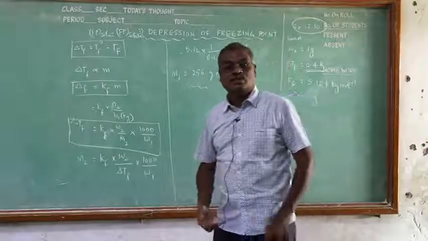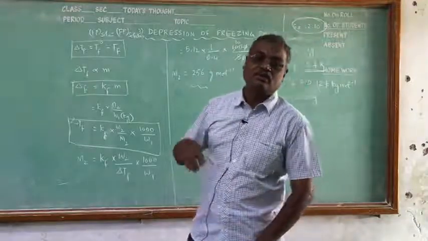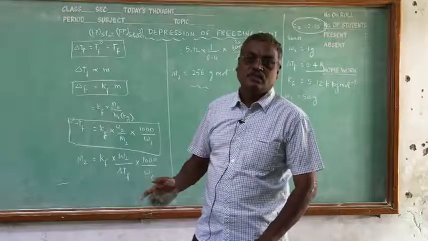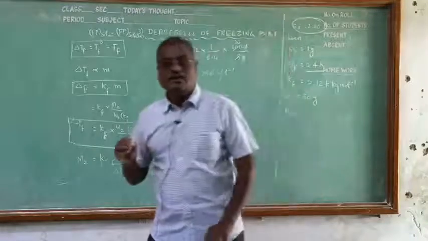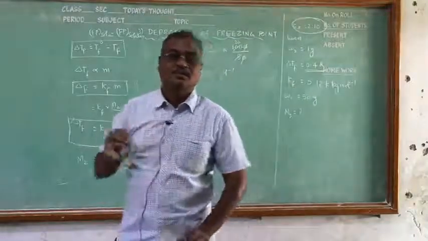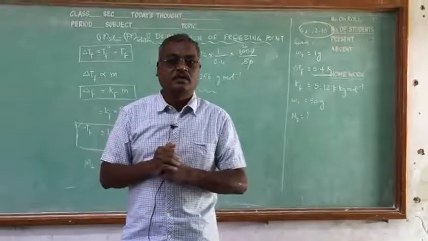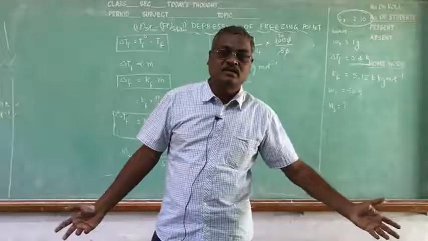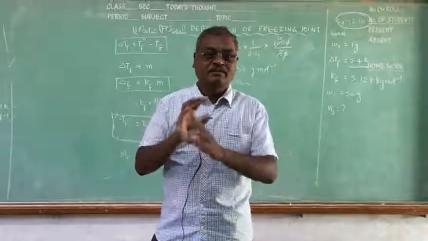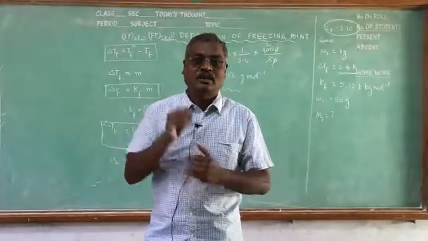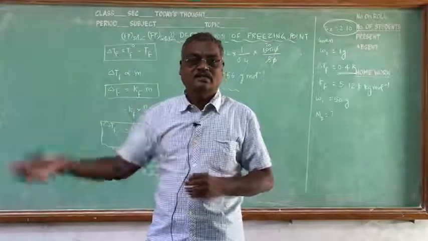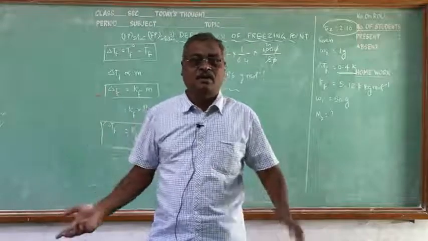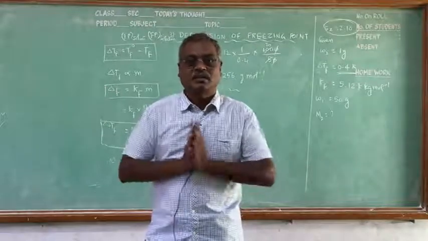The molecular mass of the solute we can calculate using the freezing point, or using the boiling point. By this method we can find out the molecular mass of the unknown solute. These are the 2 colligative properties we have learned today: one is elevation of boiling point, another one is depression of freezing point. In both we have derived 2 expressions, which are very important, and in both cases there is a constant: Kb and Kf. Kb is called the ebullioscopic constant, Kf is called the cryoscopic constant.